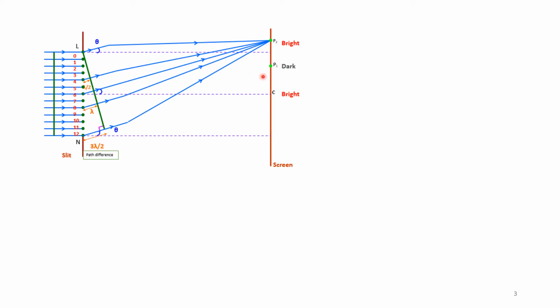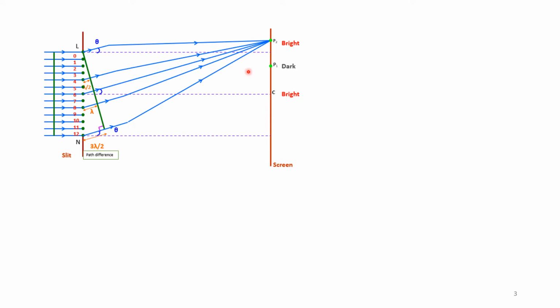Though these are not shown in the figure, please imagine in case number 2, when the slit is divided into two parts, the rays from the two halves will converge at P1, and similar rays get cancelled, and the remaining part converges, and dark spots are formed here. There is a darkness at P1.